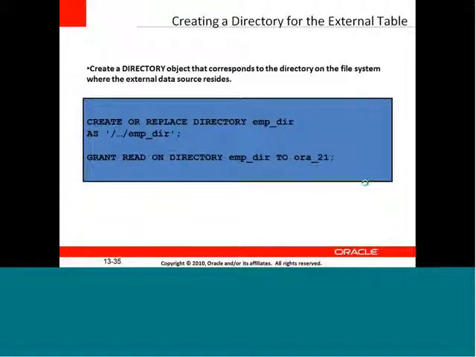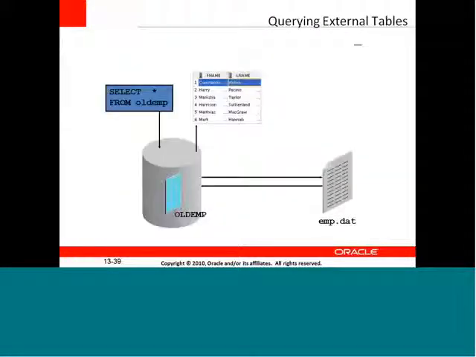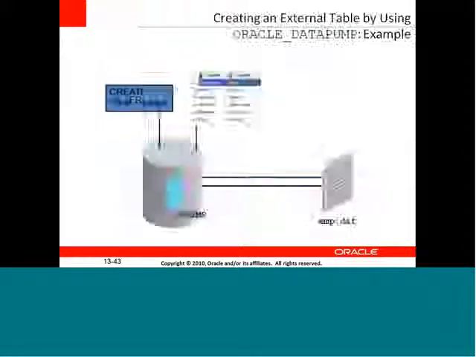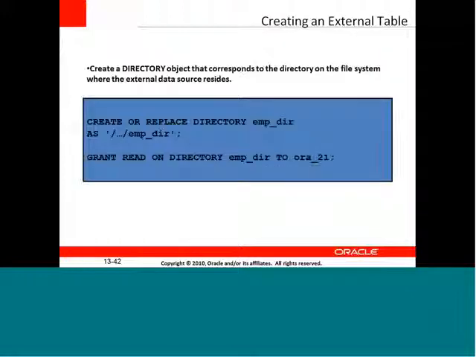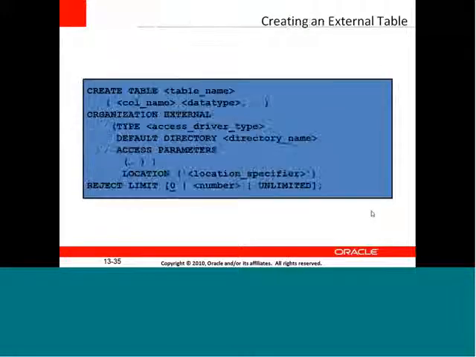Okay, so creating a directory. These are the few things. You can just have a look into these syntax, Lakshmi. We can have a go through these syntax, and not much explanation is required, because how to create an external table and what is the use of an external table.